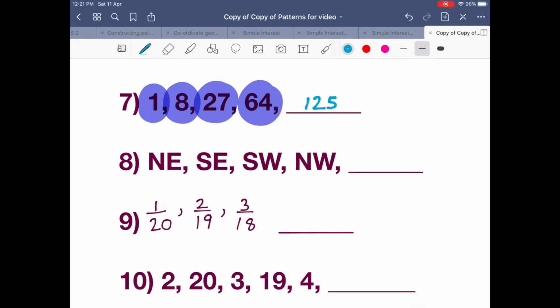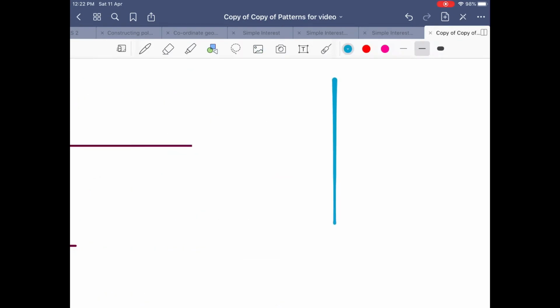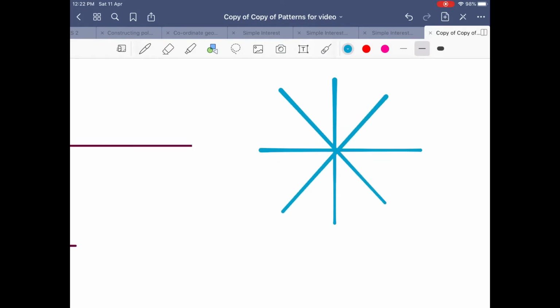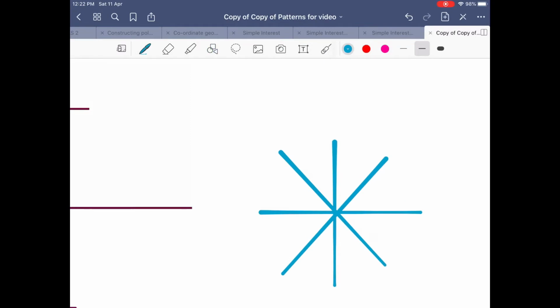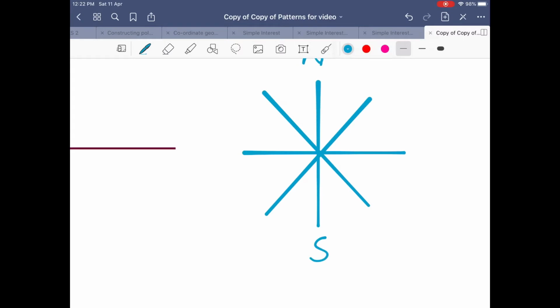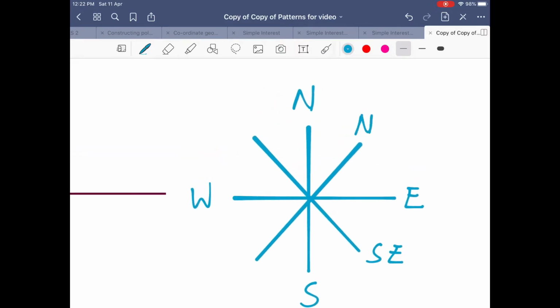Okay, so we have northeast, southeast, southwest, and northwest. So most of you may not know what this pattern is. Okay, I will draw the cardinal points in. It may not be perfect, but it's good enough for us to illustrate. So we have north, south, east, west. We have southeast, northeast,